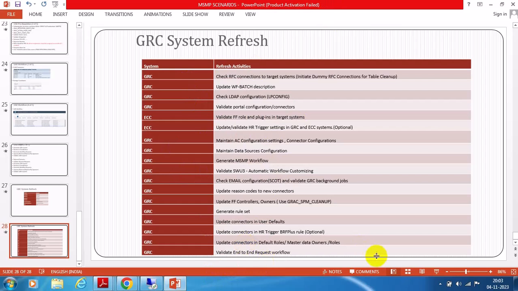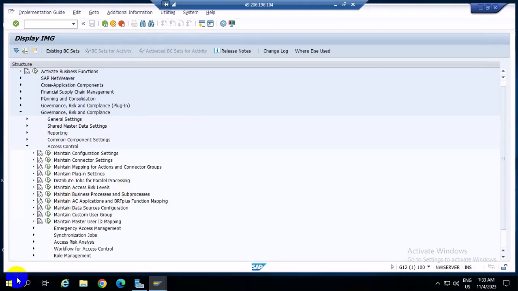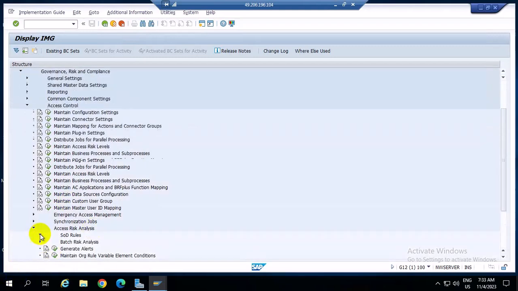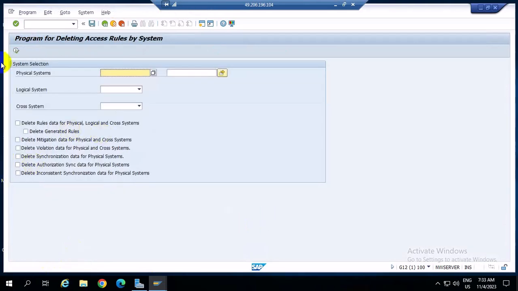Once I explain, I will explain the rules. First, I will explain the process. Later, I will explain the issues or inconsistencies. One of the inconsistencies is generate SOD rules. You need to